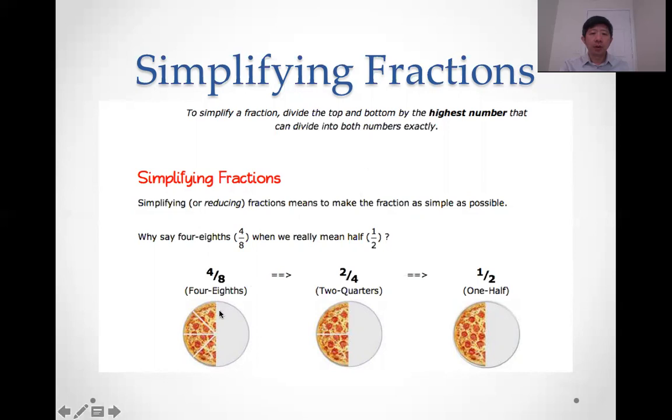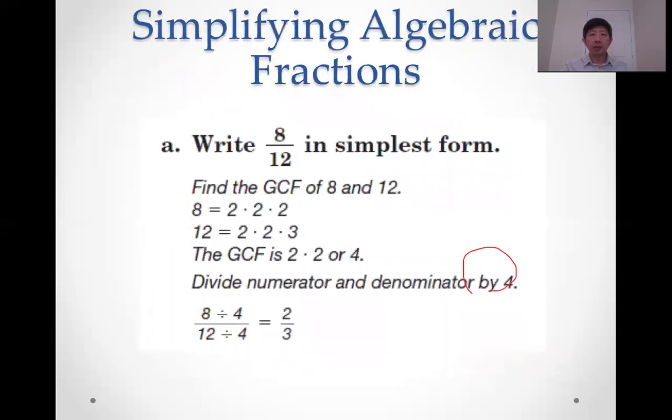So therefore, here is 4/8, and then we want to simplify, divided by 2, we got 2/4. Is it simple enough? No, we still can divide by 2, make it a 1. So divided by 2, we can make a 1. Divided by 2, and 4 divided by 2 can make a 2. So therefore, we got 1/2, and this will be the simplest form. All right. Next,